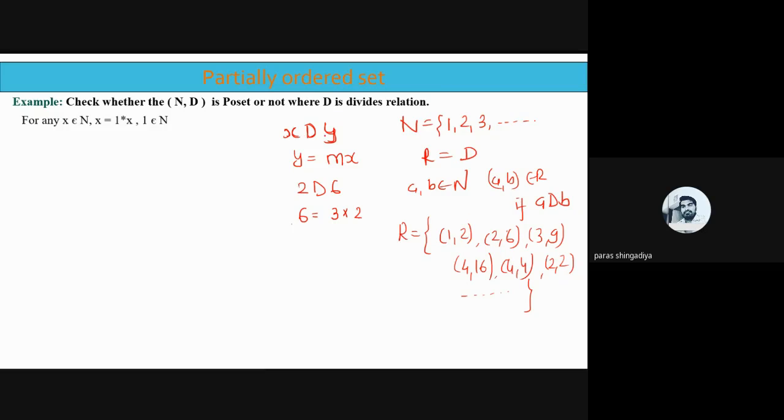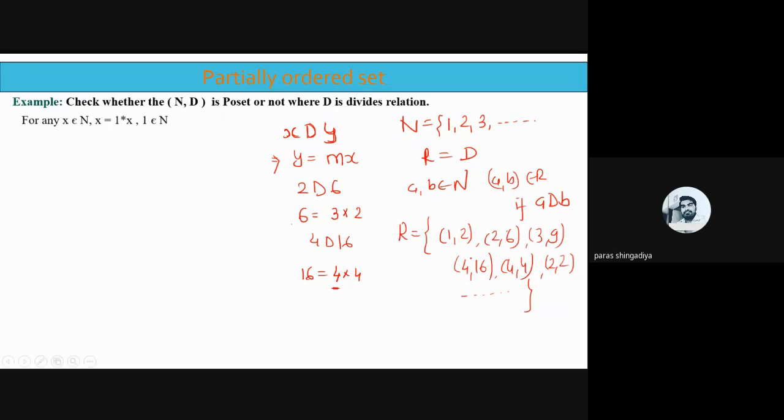So x divides y means you can write the equation y = mx, where m belongs to the natural numbers. If I consider 4 divides 16, you can write 16 = 4 into 4, meaning y = mx where m is equal to 4, which belongs to the natural numbers. Clear? So this is the formation of x divides y: y can be written as m into x. And for the reflexive condition, for every x belonging to N,